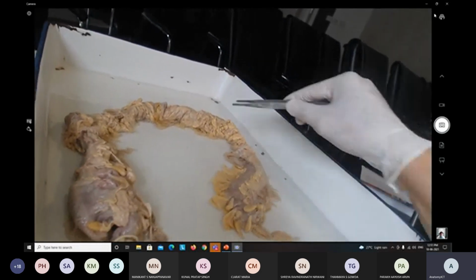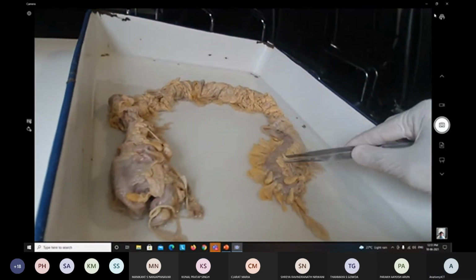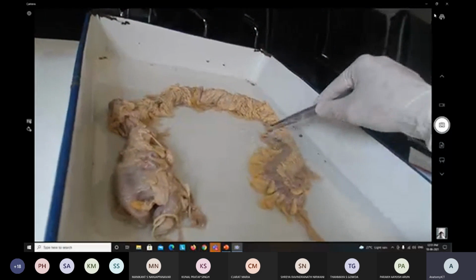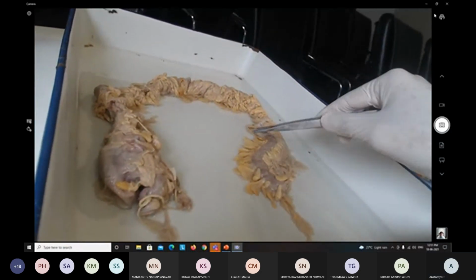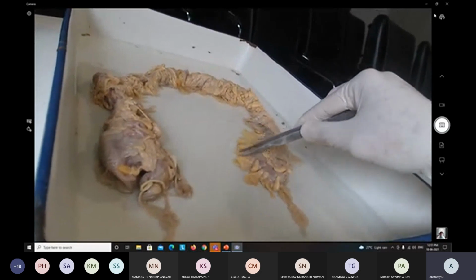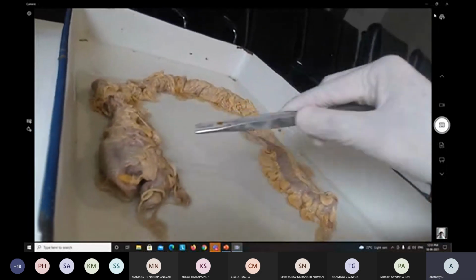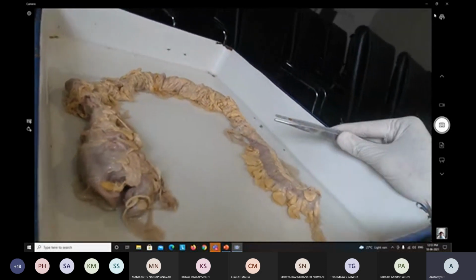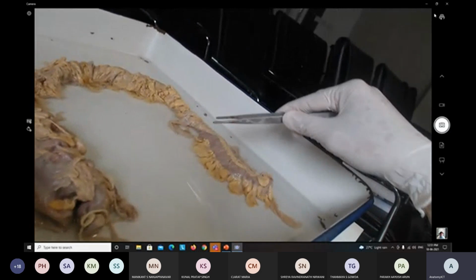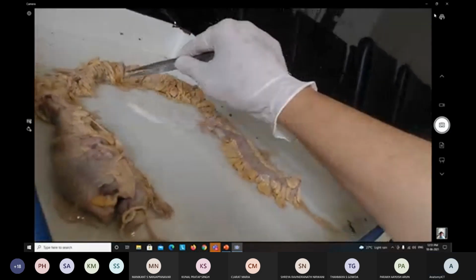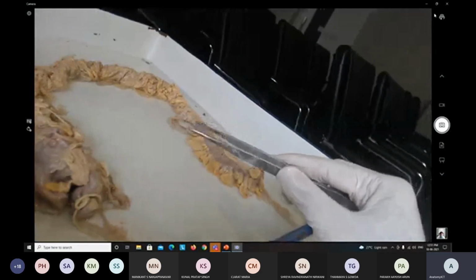Anal canal. Okay, see once again. Whatever these yellow fatty pouches are, they are nothing but the appendices epiploicae. So today only you read about the large intestine. Next class we will take the histology of the large intestine and appendix, and the general features, length, location.